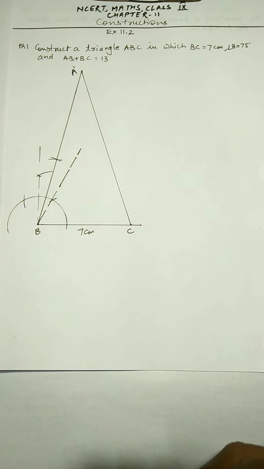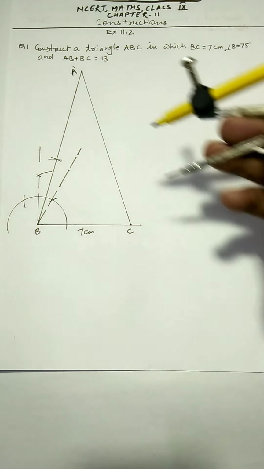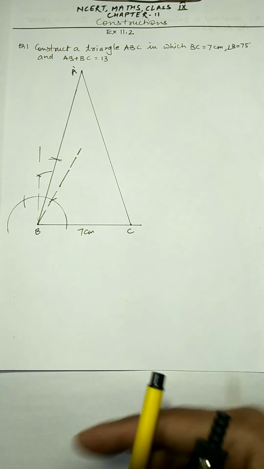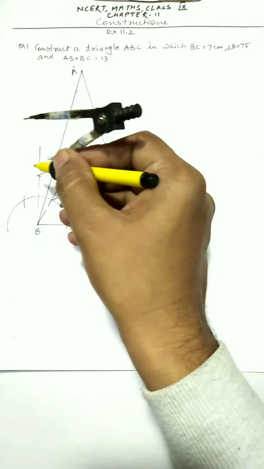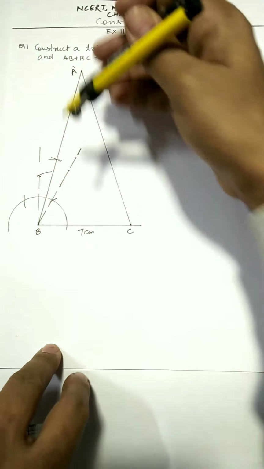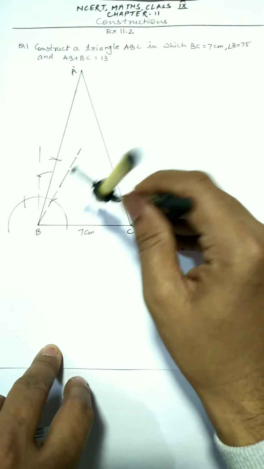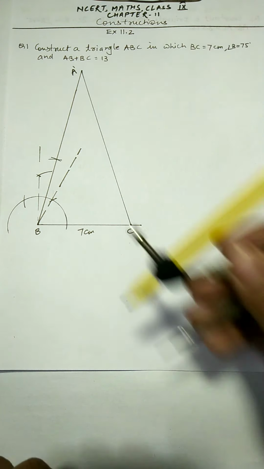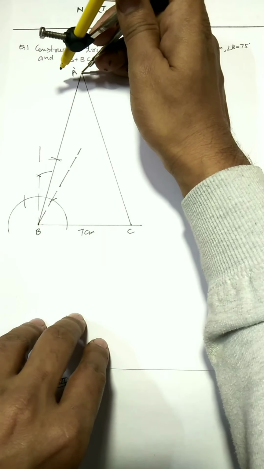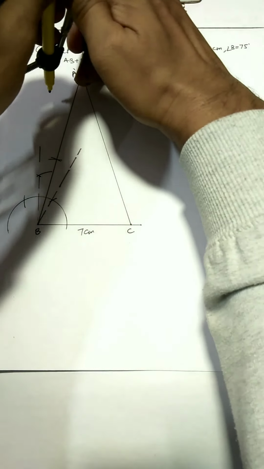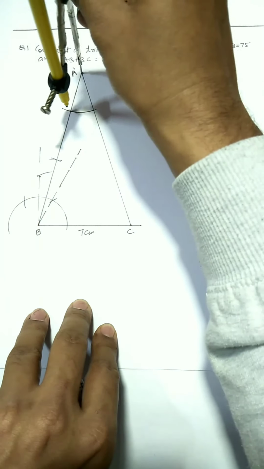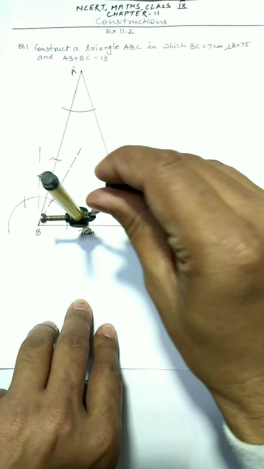Now after this we'll draw the perpendicular bisector of this line A dash C. Here we have two methods. We want to get a side which will cut this A dash B. First method is that we draw this angle here and we draw the similar angle here, and from there we'll get a required point. So I'm going to do it this way, that I'm making an angle at this point. So let's say this angle. So make a similar arc from C also.